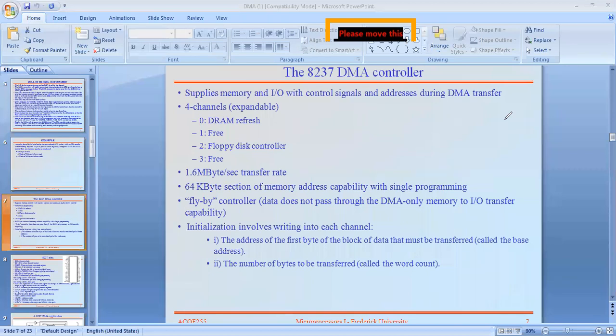Today's topic is DMA controller registers, the basic block diagram, and assembly language programming based on the 8237 DMA operation.